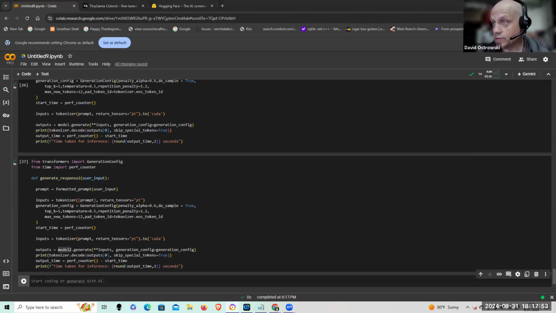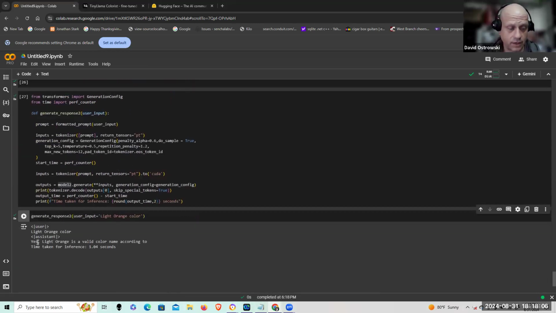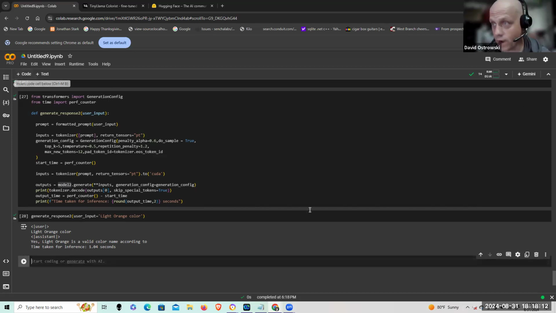So now I can run this. Okay, let me just run TinyLlama as it is. I'm going to use the generate response 2. Okay, I'm going to ask for a light orange color, and let's see what the result is giving us. So it gives a valid color recording and really doesn't give me any information, doesn't give me the hex code. Okay, why? Because quite simply,